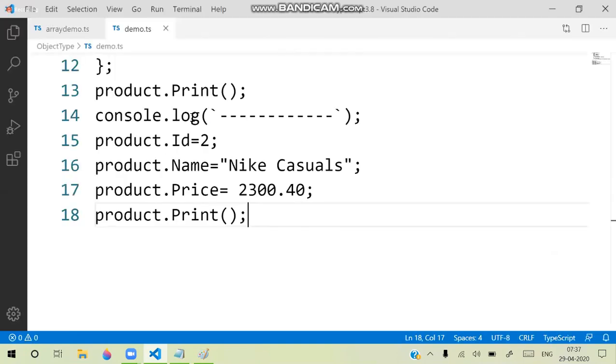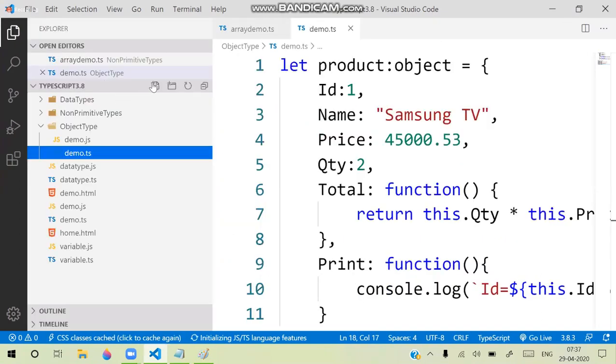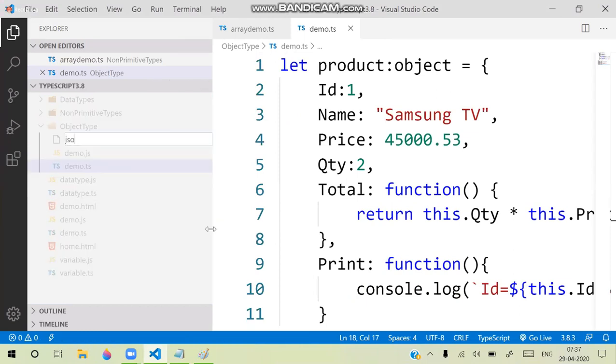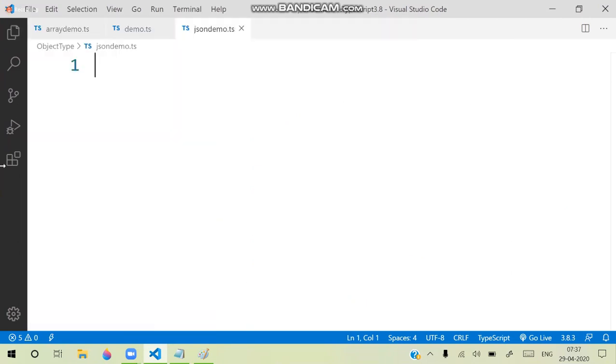That means in the last session, we learned how to create an object. So let's see, here I am creating JSON demo.ts. And here we are creating LED, and the products is an